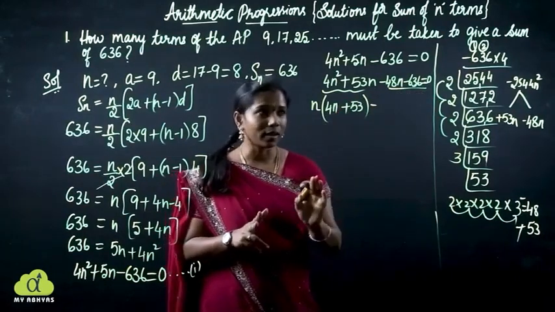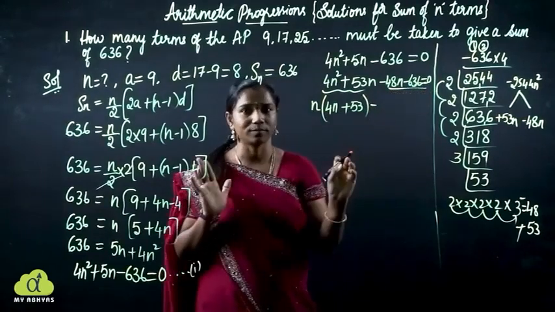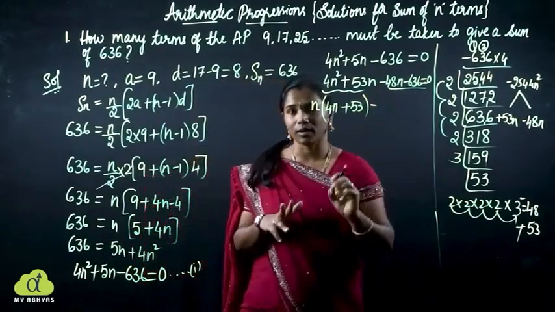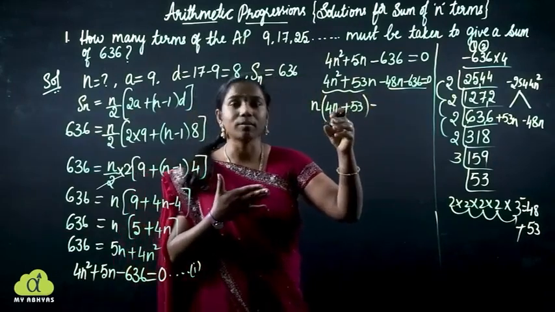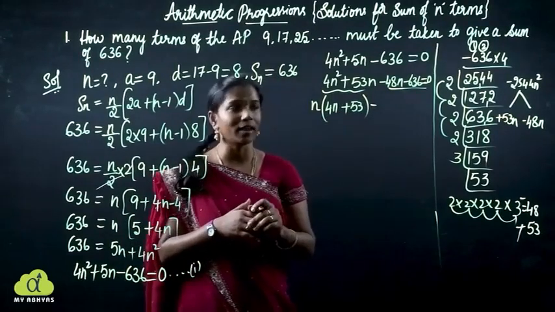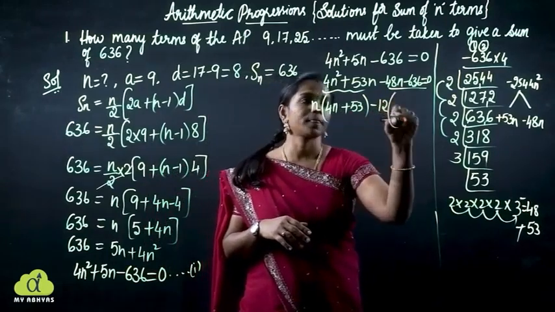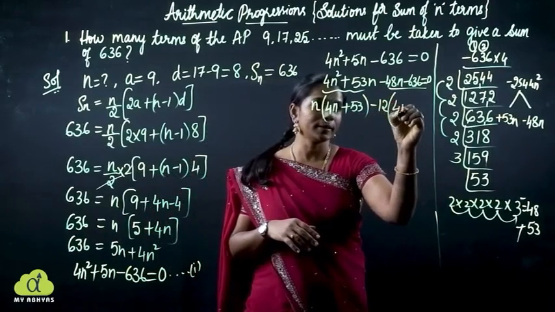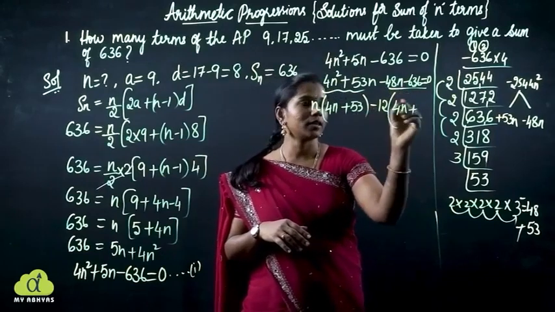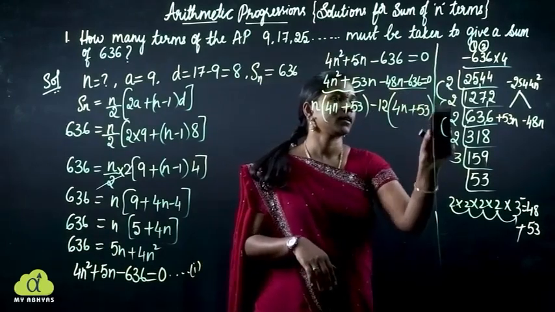Yes, no? So for that, think over 48 and 636. Which number can be taken common? Yes? Little bit you can think. Yes, it is 48n we have to get. From 48n, which term can be taken common to get 4n? Yes, it is 12 because 12 4s are 48. Yes, we can take 12 as common. It is minus 12 common. Now, then it will be 4n. Now take plus inside because minus into plus is minus. Next here it is 53, which is equal to 0. Clear?